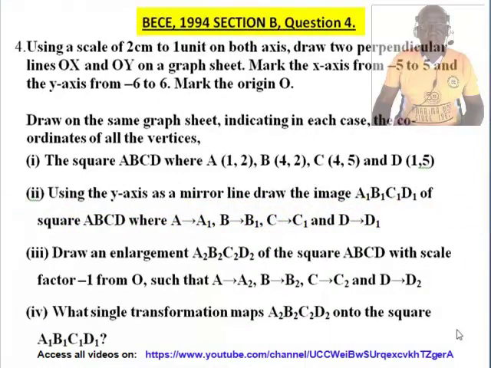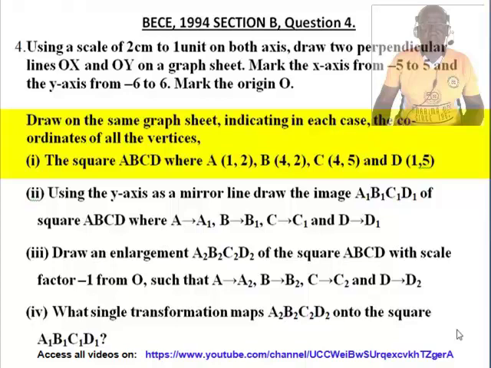BECE, 1994, Section B, Question 4. Using a scale of 2 cm to 1 unit on both axes, draw two perpendicular lines OX and OY on a graph sheet. Mark the x-axis from −5 to 5, and the y-axis from −6 to 6. Mark the origin, O. Draw on the same graph sheet, indicating in each case, the coordinates of all the vertices,